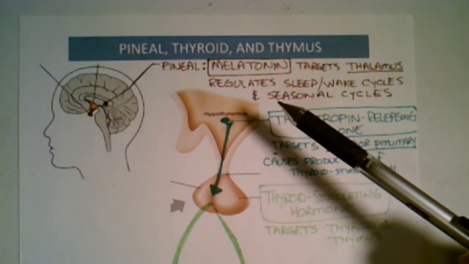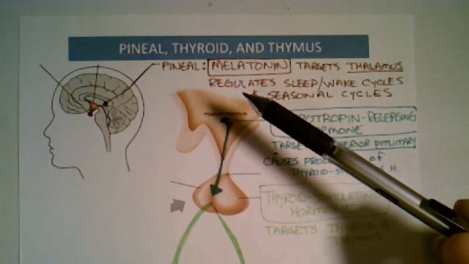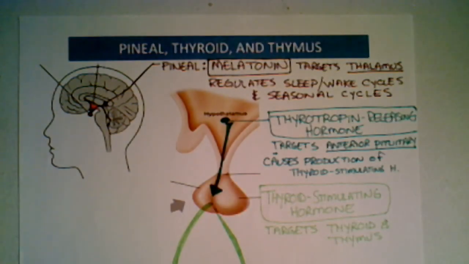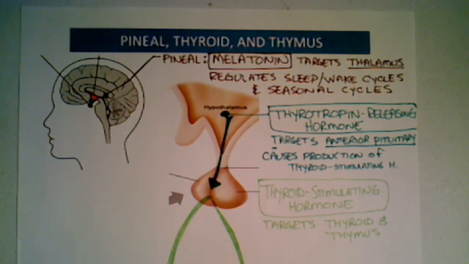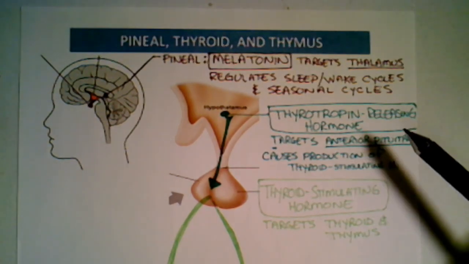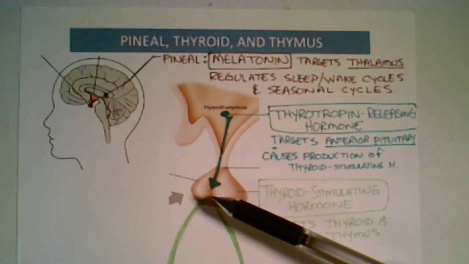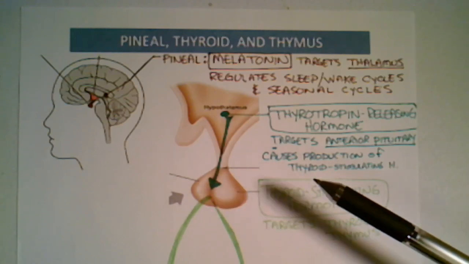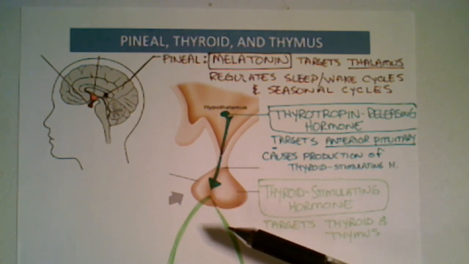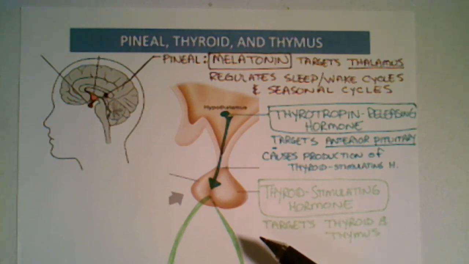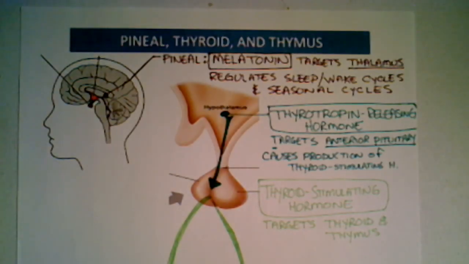That's melatonin's job. Now, the other two, the thyroid hormones and the thymus, are both controlled, if you remember from handout 14A, by this releasing hormone in the hypothalamus called thyrotropin releasing hormone. Thyrotropin releasing hormone targets the anterior pituitary, and it causes the production of this hormone called thyroid stimulating hormone. Thyroid stimulating hormone then targets both our thyroid and our thymus. So let's just follow this